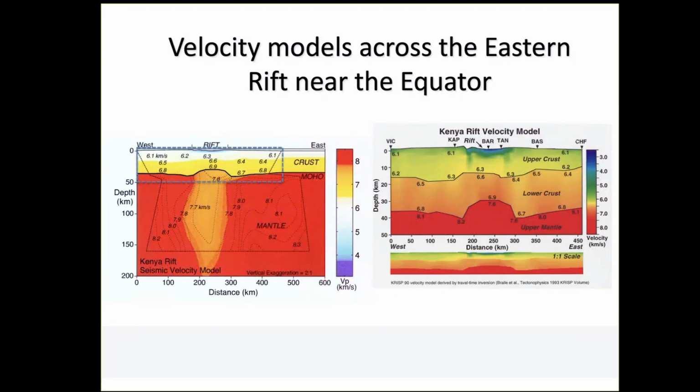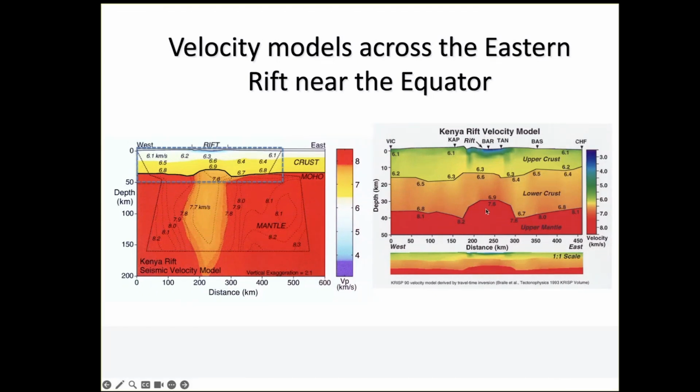This will be a bad guess, but it's sediment fill that isn't as dense, and so the sound wave travels slower. There's no such thing as a bad guess. That is wrong, because we're down at 20 or 30 kilometers, and the sedimentary basins are nowhere on Earth deeper than 15 kilometers, and they're all going to be up at the surface. This is the sedimentary basins up here. It's not a very big one because this system hasn't been going for very long. No, this is